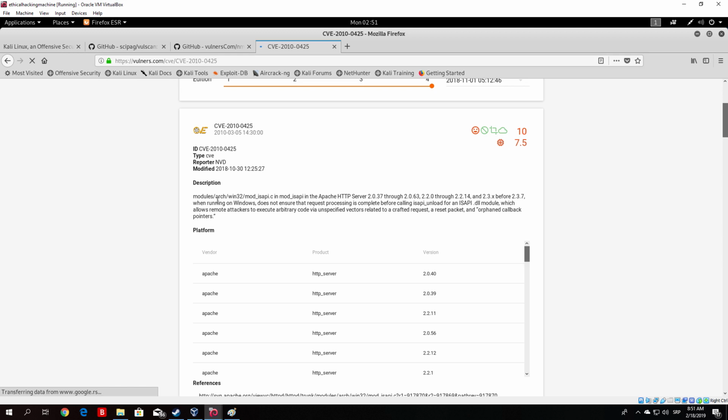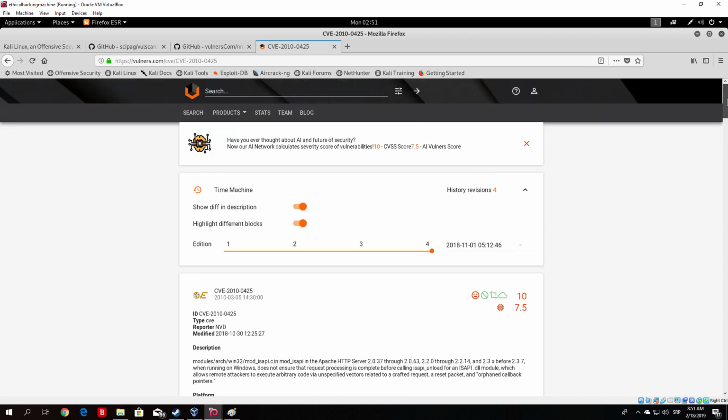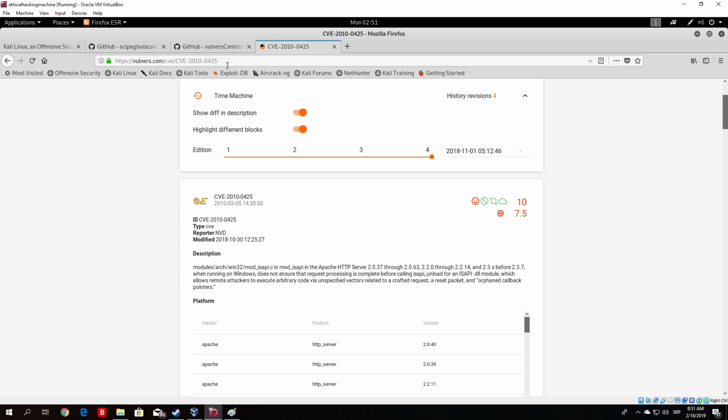In the description, you can check out what the vulnerability is, which in this case is mod_isapi win32 in something. Let us just not read all of these numbers. When running on Windows, it does not ensure that request processing is complete before calling ISAPI unload for the isapi.dll module, which allows remote attackers to execute arbitrary code via unspecified vectors related to a crafted request, a reset packet, and orphan callback pointers. Now, this is a vulnerability, and if you wanted to, for example, exploit it, you would